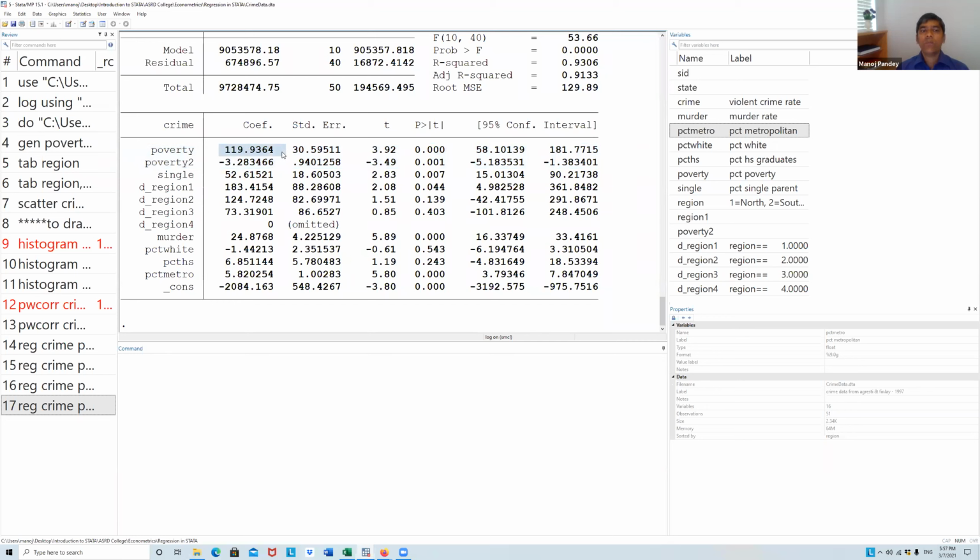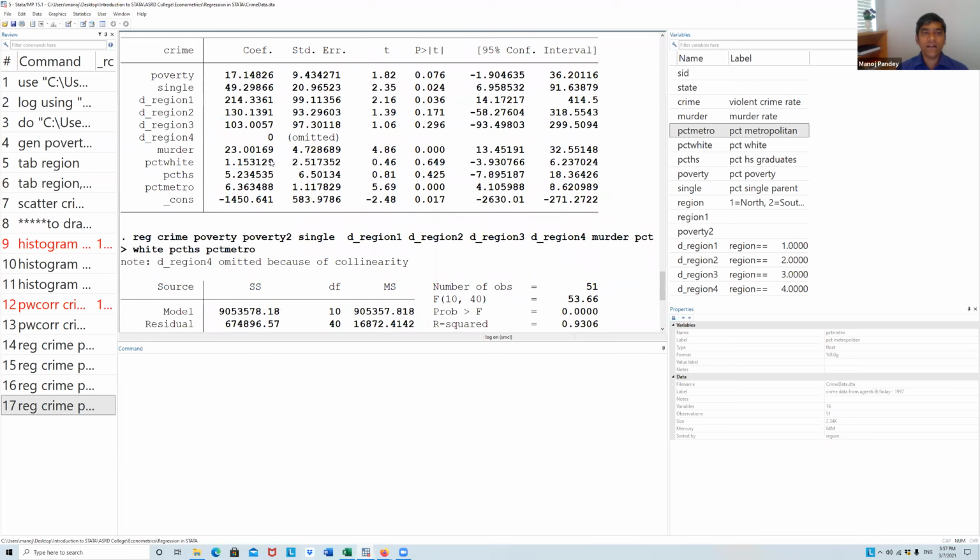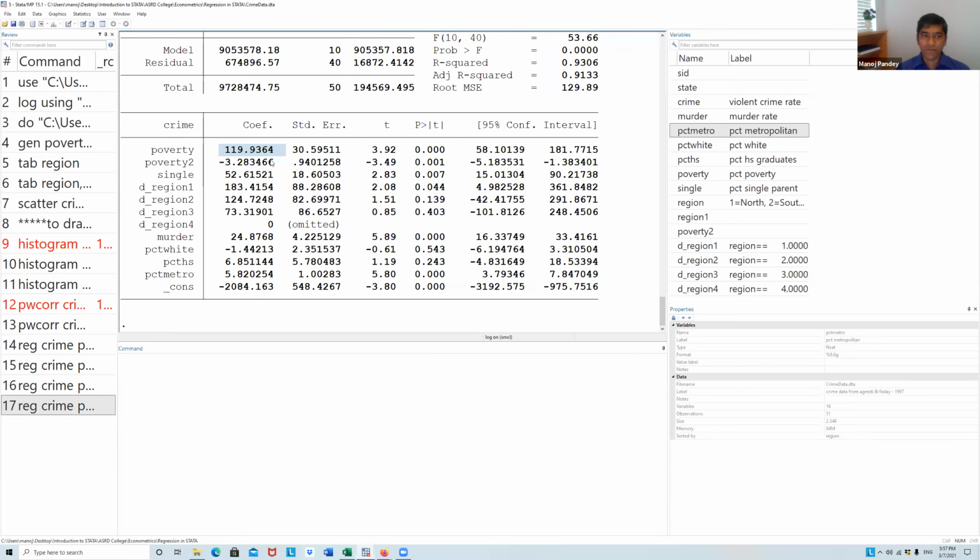It means that when poverty increases, crime increases. But then when poverty is beyond the threshold, it might increase, but then the rate of increment is now lower. Okay, and which you saw in the scatter plot that we did. So basically this result is validating our graphical representation as well.